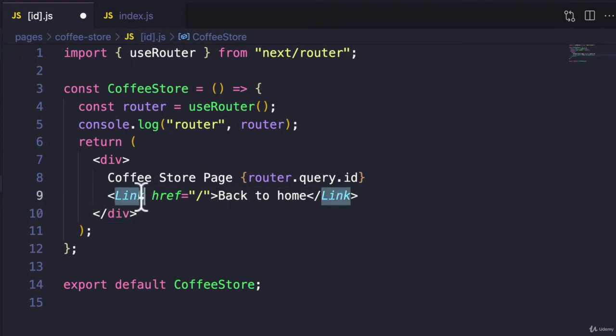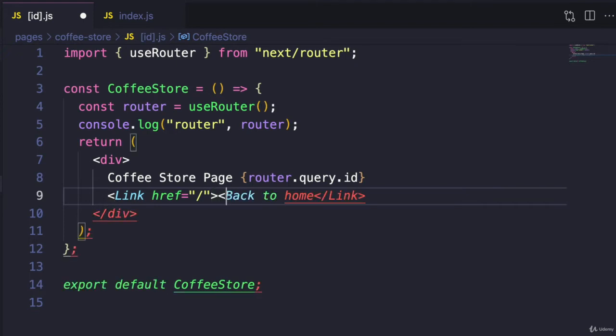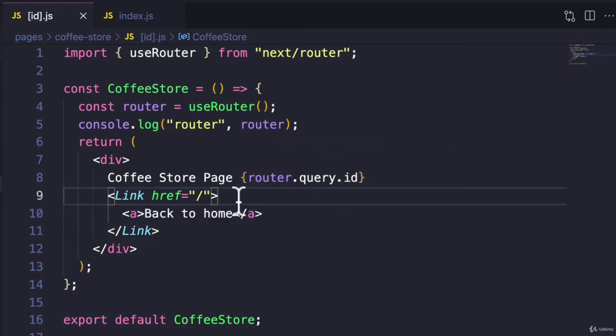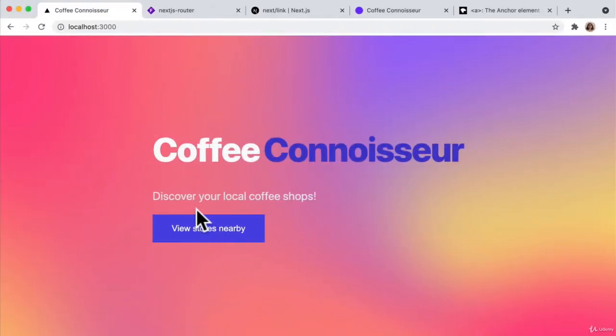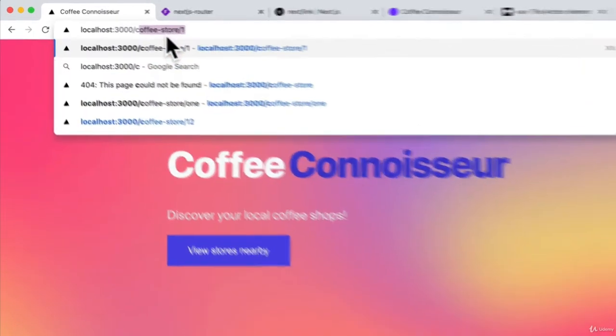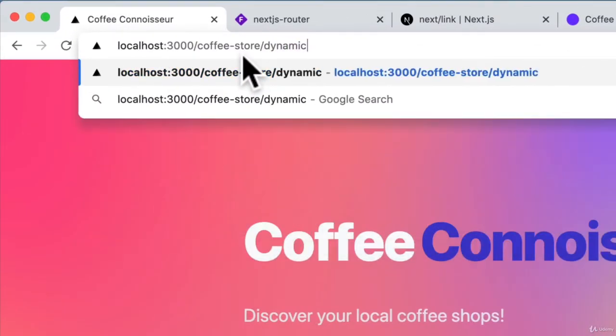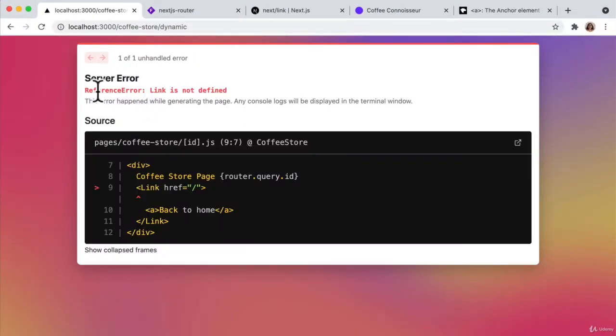So just replacing a with Link will do the job itself. For the browser to recognize a specific link, we need it to be an anchor link. So we need to wrap it around with an A tag to back to home as well. So semantically, it makes sense. Now, going back to our page, and again, going back to coffee store, dynamic, and whoops, we do need to